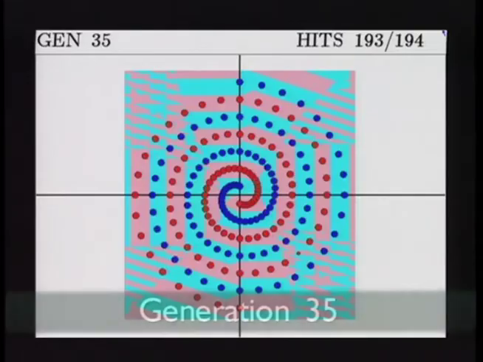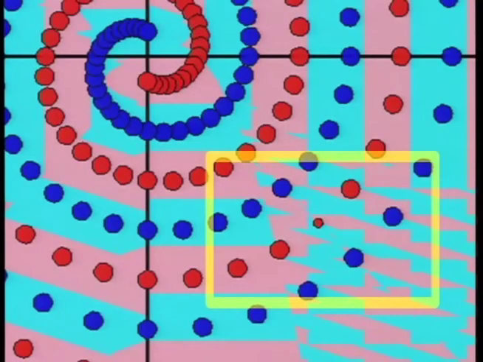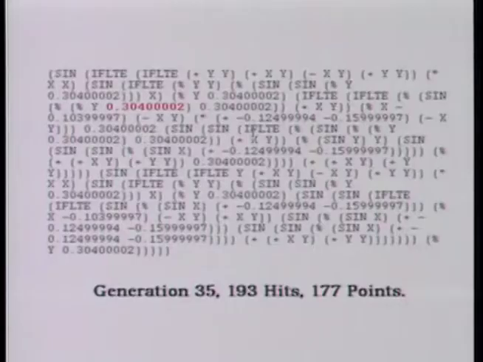The best of generation 35 correctly classifies all but 1 point. The one erroneous point belonging to the red spiral is just barely outside the red zigzag and is therefore shown as a small red circle. The erroneous performance of this 177-point program, scoring 193 out of 194, is caused by the constant